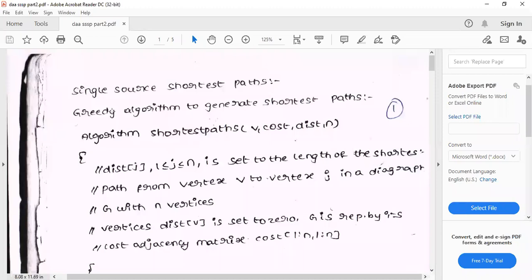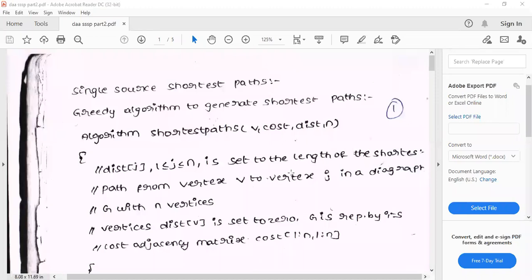Today we are discussing the algorithm for single source shortest paths. The inputs are v, cost, distance, and n. Here v represents the source vertex. Cost represents the cost matrix of the graph, and distance represents